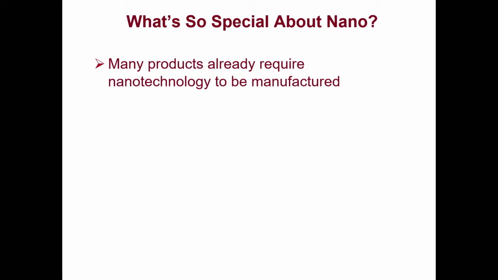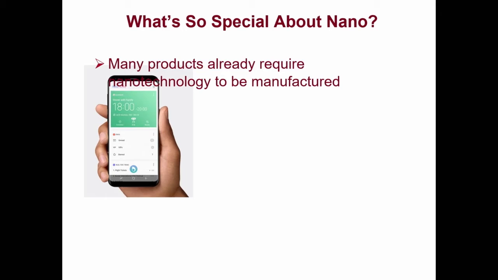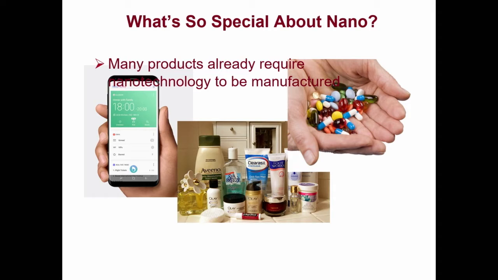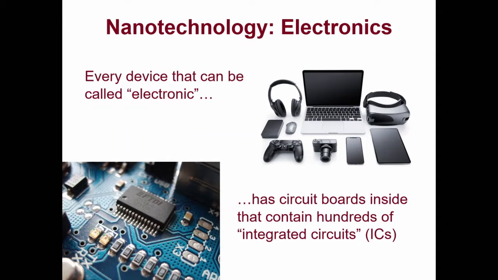And going back to the present, however, many products are already manufactured using practical nanotechnology. Chief among those is all manner of electronics. All the electronics that we can currently use, including laptops and cell phones, are based on a nanotechnology manufacturing scheme. In addition, nanomaterials like nanoparticles are used in a wide variety of consumer products like drugs, personal care products, foods, as well as pharmaceuticals. So nanotechnology is widespread and already found in many of the products that we enjoy today.